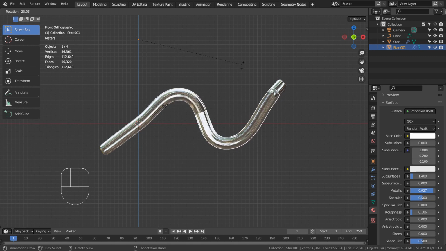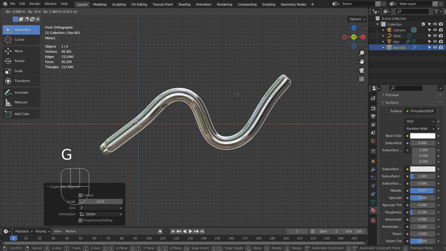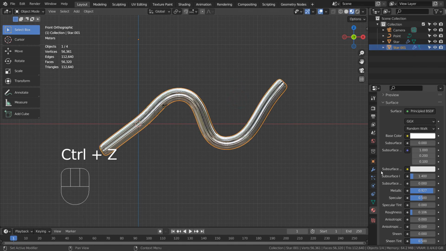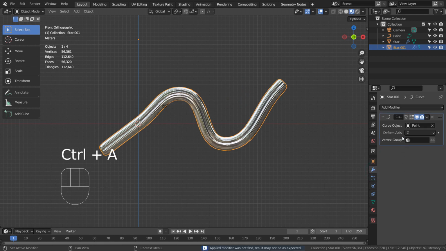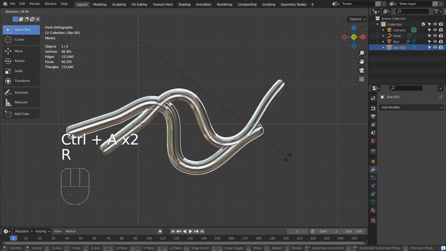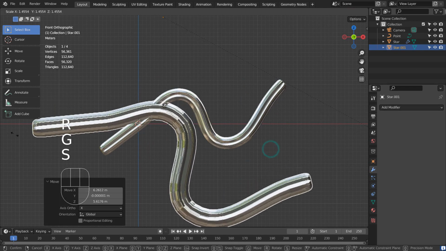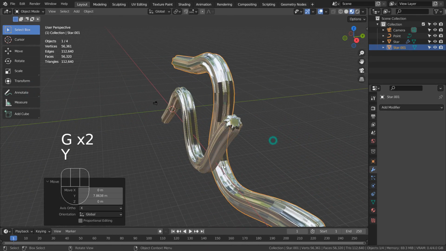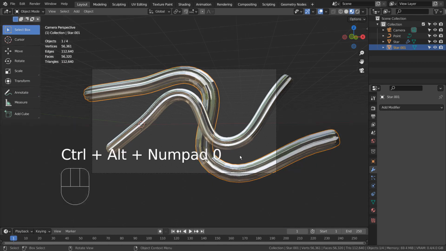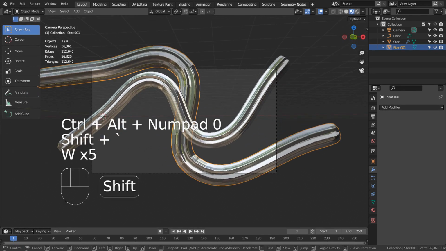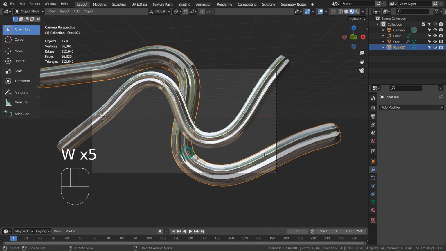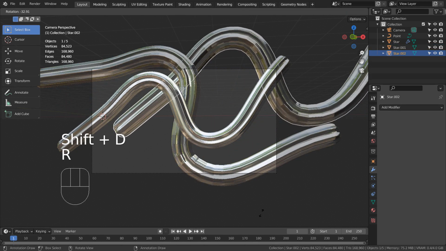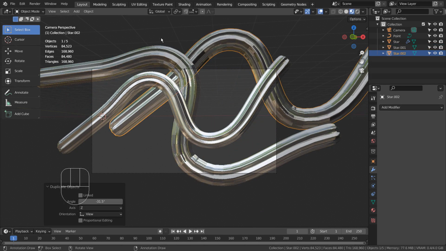Please apply the modifier for the duplicate one, and then rotate and scale it. The idea is to duplicate, rotate, increase the mesh size, and move it to the back.